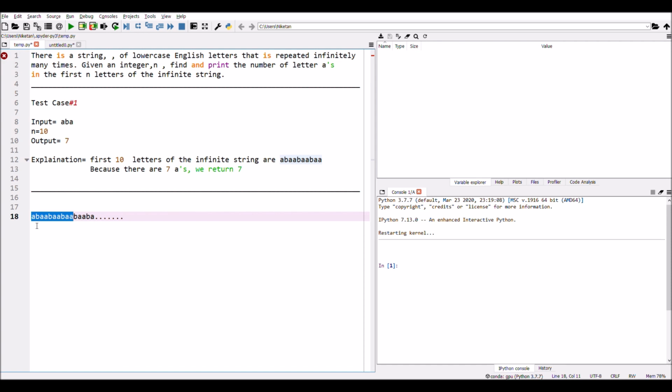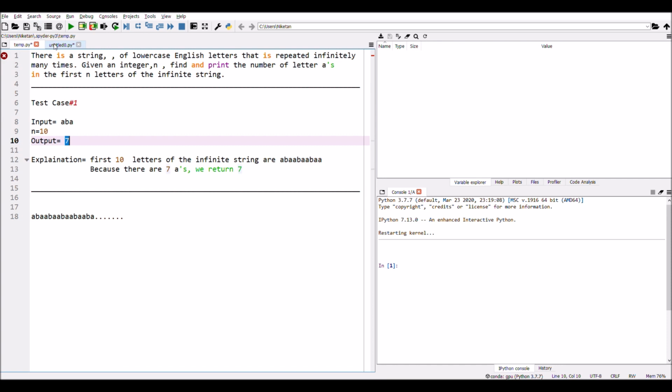Here we can see 1, 2, 3, 4, 5, 6, 7 times. So the letter A is repeated 7 times, and we have to return the count, which is 7. So this is what we have to do.